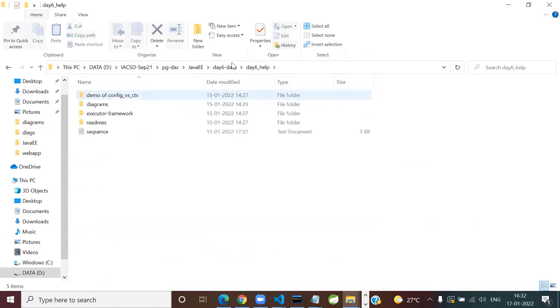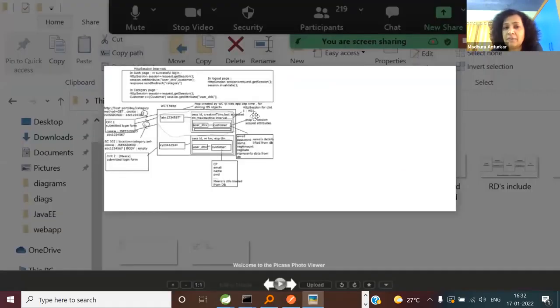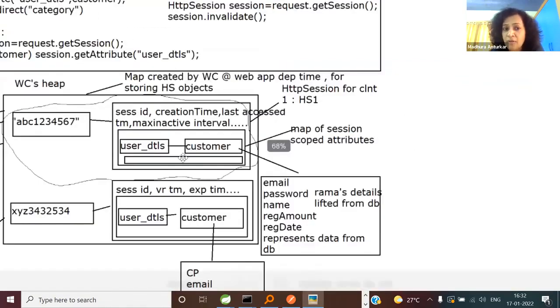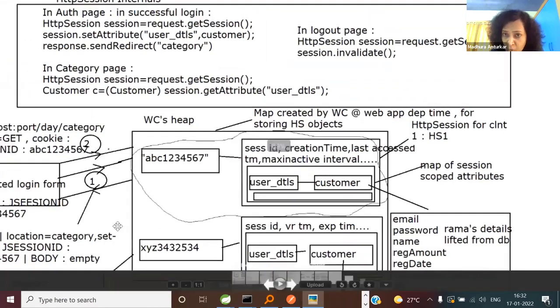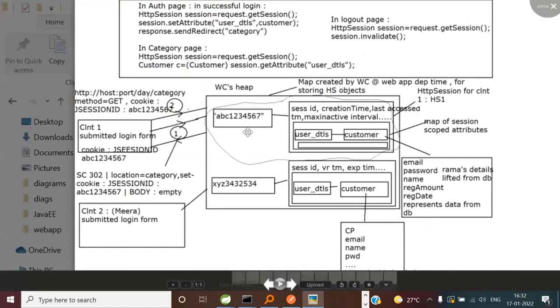Day 6 help उघड, day 6 data, day 6 help, and in the diagrams I have given you a complete HTTP session internal. आणि त्याच्यात मी कोडही लिहिलाय, आणि आय हॅव टेकन द कंडिशन ऑफ 2 users, वन इज रमा, वन इज मीरा, काहीतरी व्हॉट एव्हर, आणि त्याच्यात HTTP सेशन ऑब्जेक्ट्स कसे क्रिएट होतात आणि त्याची जे सेशन आयडी कशी मेंटेन होते सर्व्हर साइड हिपला, ते ड्रॉ करून दाखवलंय. सो वेन एव्हरीवन्स रिव्हिजन इज काइंड ऑफ ओव्हर, आय एम गोइंग टू डिस्कस दिस डायग्राम. तर तोपर्यंत तू ती बघू शकतोस ही डायग्राम.